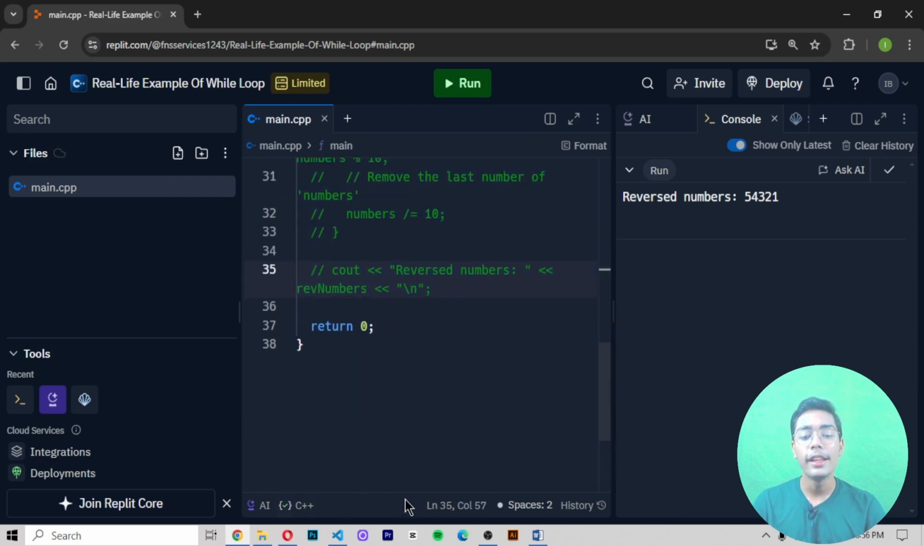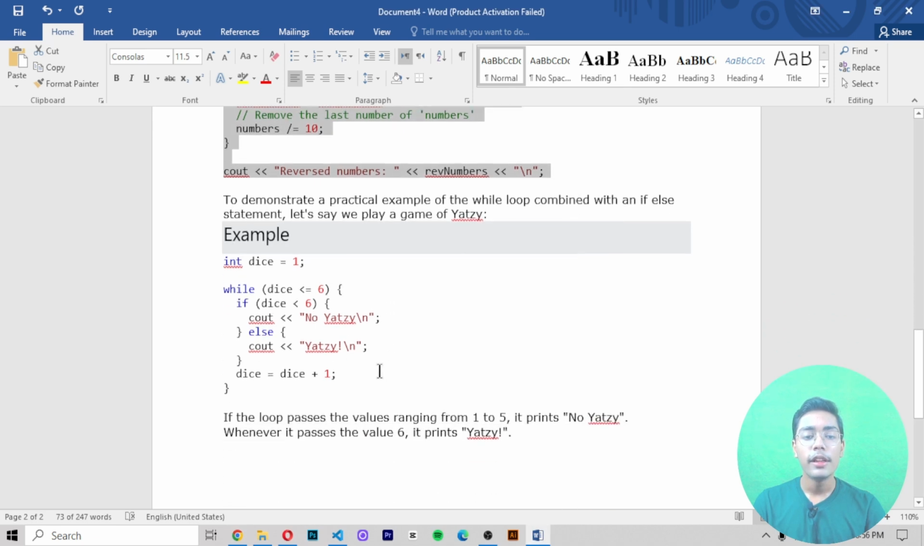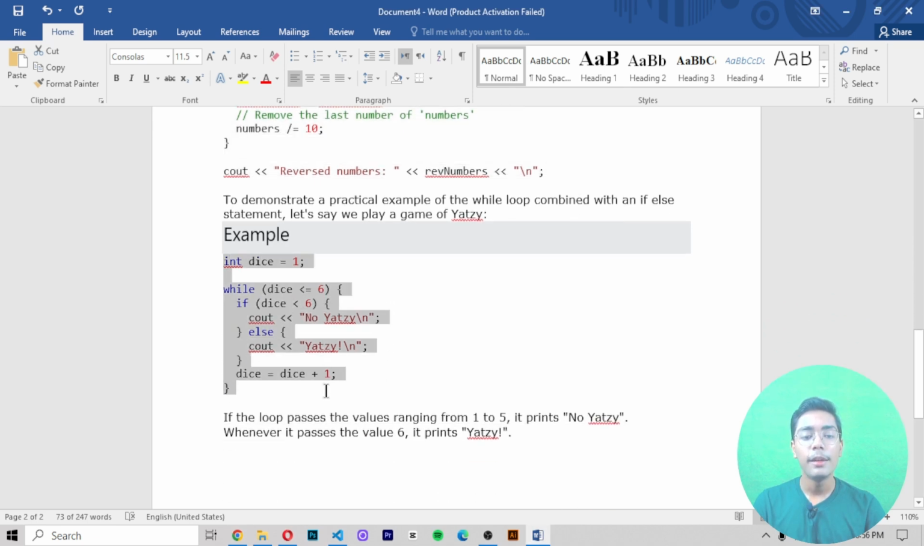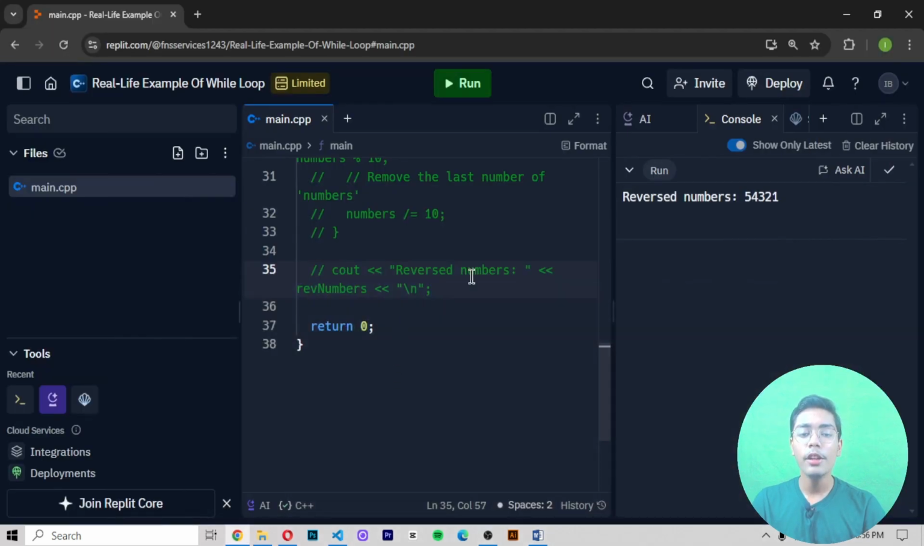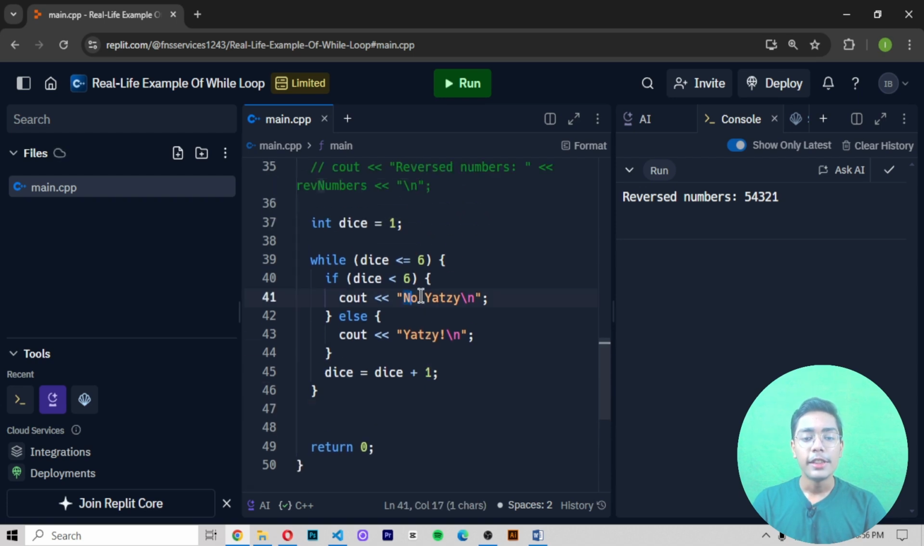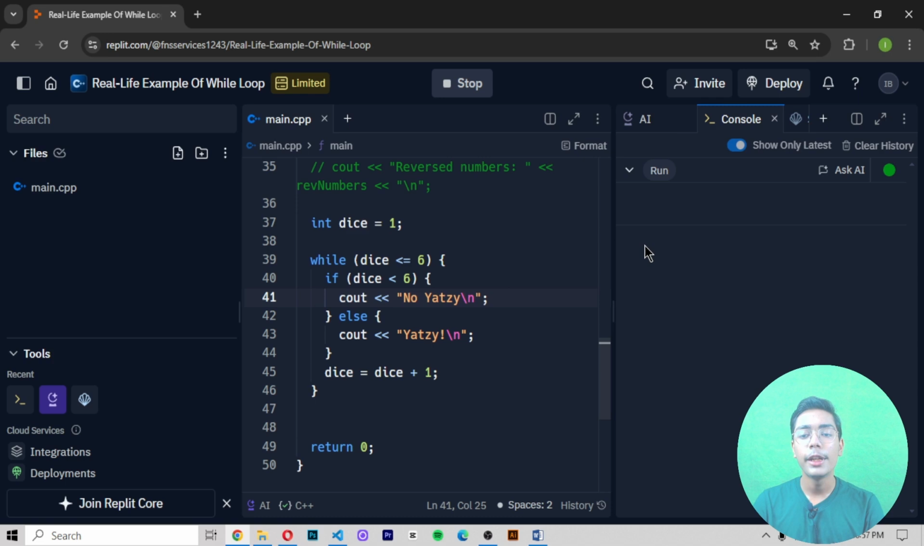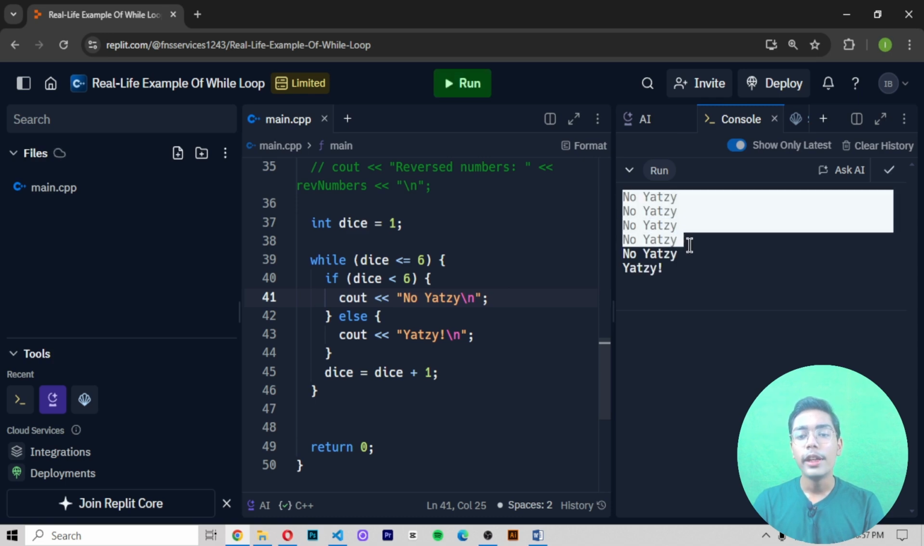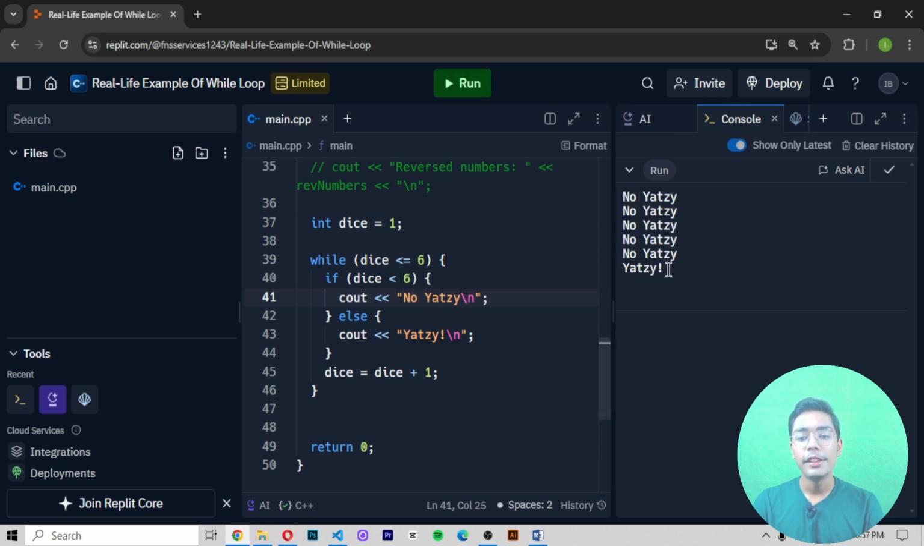Then if we move on to another example here, in this example we have created a Yahtzee game, or you can say a dice rolling game, simple. So here you will be getting Yahtzee printed if you are getting the output 6, but if you are not getting the output 6, it will be printing no Yahtzee. So what I'm going to do is I'll just press run so that I can see what output I'm getting. So right now I'm getting no Yahtzee many times, then I'm getting